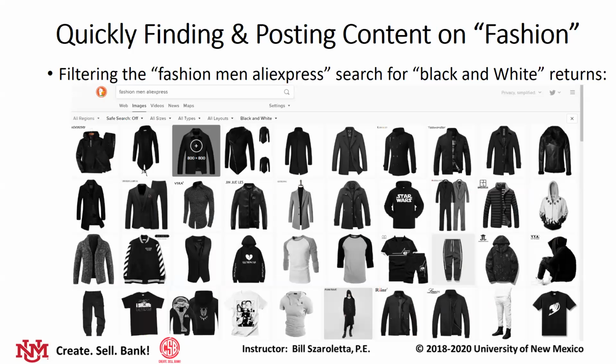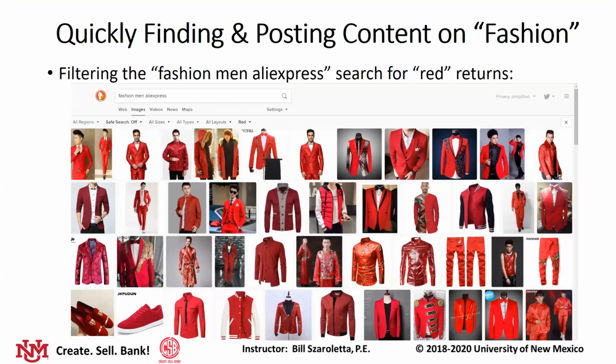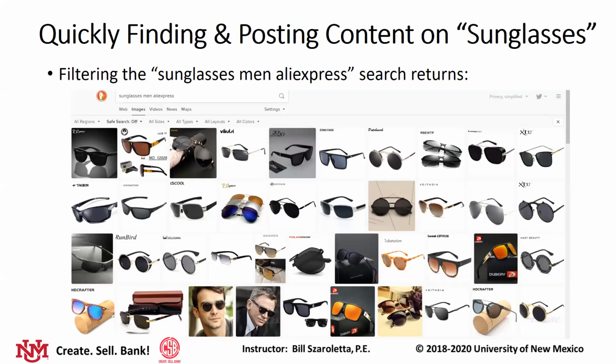Now you can filter this by colors. There's a lot of colors, and we'll see on the next page. If you, instead of black and white, pick red, you can get a lot of red things. If you're looking for sunglasses, you do sunglasses men AliExpress, and you get these,